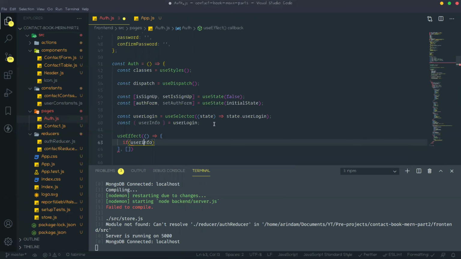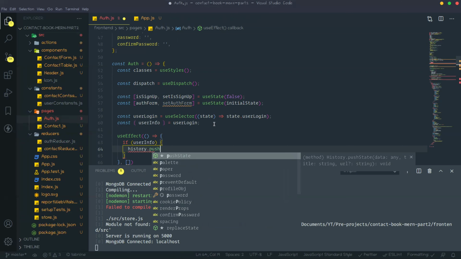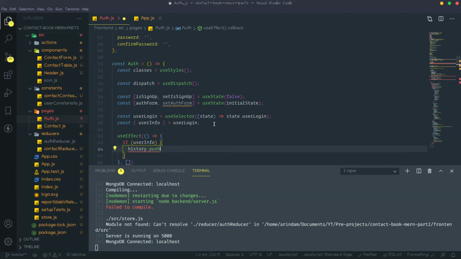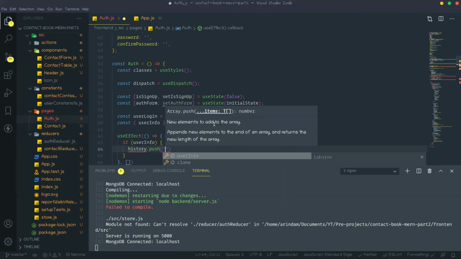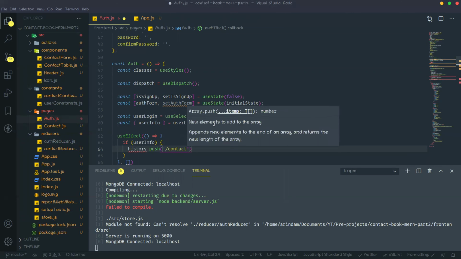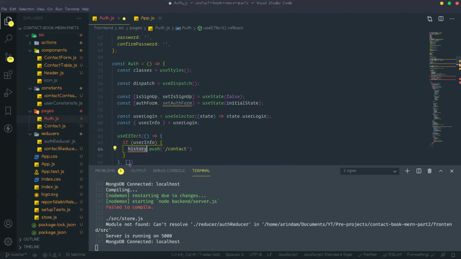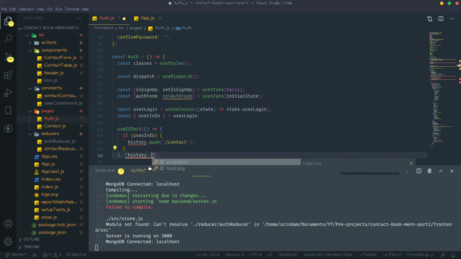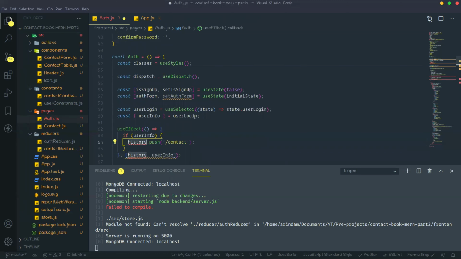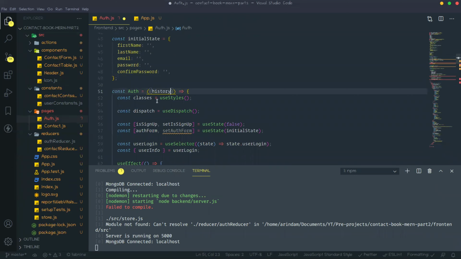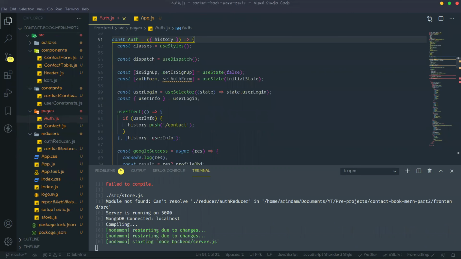If the user info is there, then we need to push on history. History means actually we are changing the route, history dot push contact. So this history will come in the dependency and the user info also. So we need to bring that history. So bring from here. Okay. So up to this done.